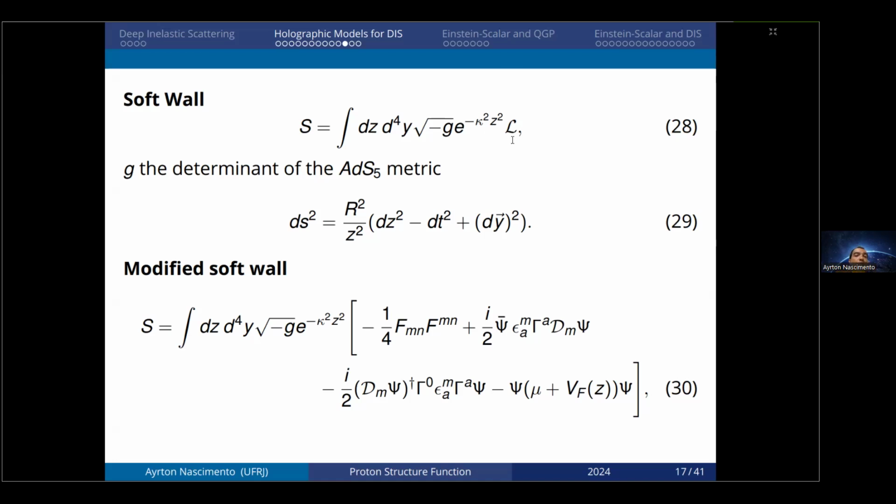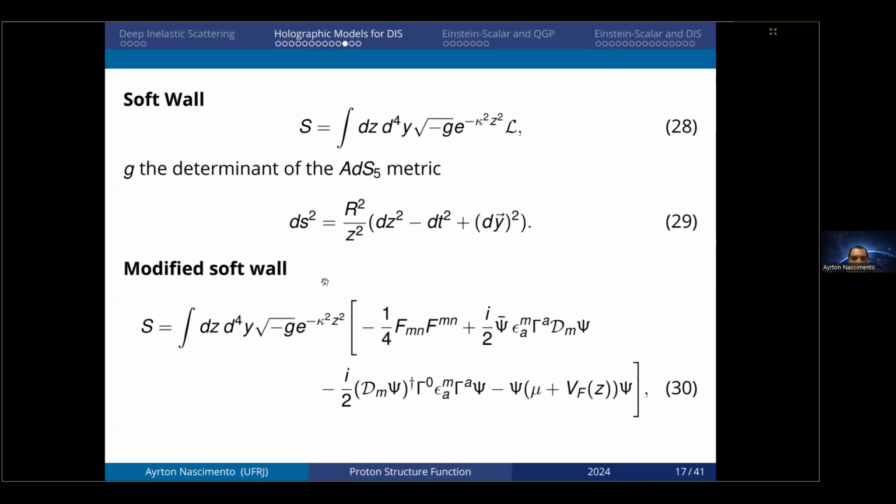So the equations of motion for the fermions don't see this factor giving some influence on the equations of motion. It's just like an equation of motion for a Dirac fermion, so they don't get influenced by this factor over here. But you want that. This was a difficult issue people have had when describing the soft wall model for this problem. So what people did for this was to implement